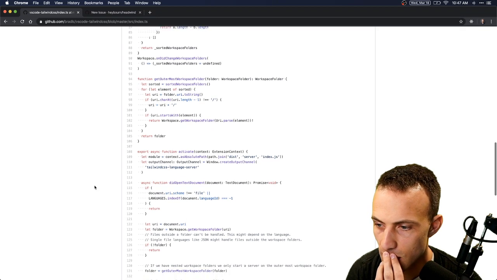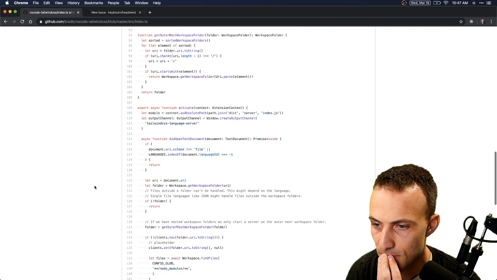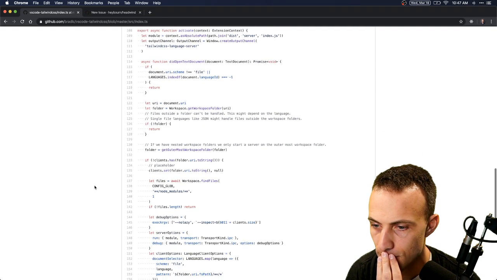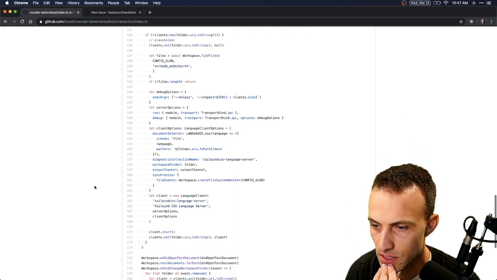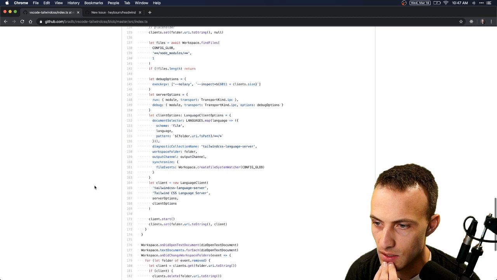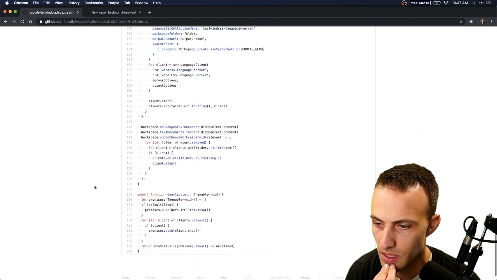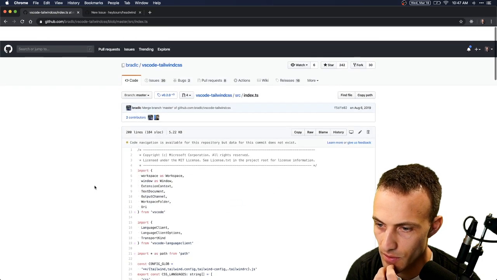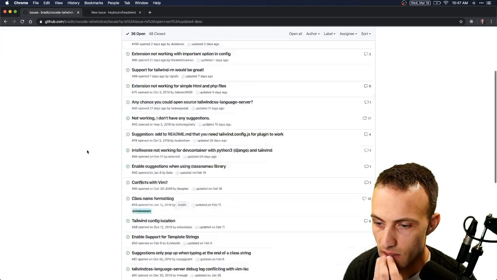I don't think I'm going to be able to figure out how to fix this here. This just looks like it's wiring things up to that server thing, and I have no idea where that server thing's coming from. So all I can do now is